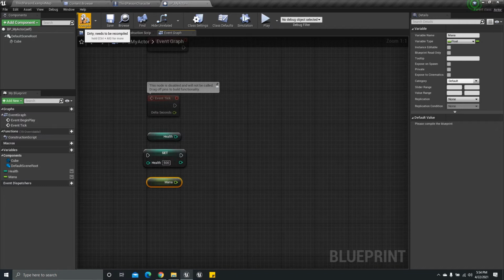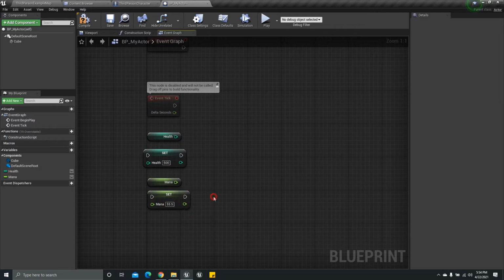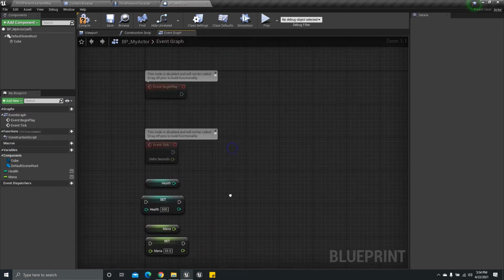So again, we have to compile here. Then we can set a value here. So you can see it's already in decimal point. I can put here mana would be 150%, and if I compile again, you can see the decimal point here as well. For the mana, we can use set and get as well. If I want to put 555.5, yep, it will hold the decimal value. So you can see the color differentiation here as well.